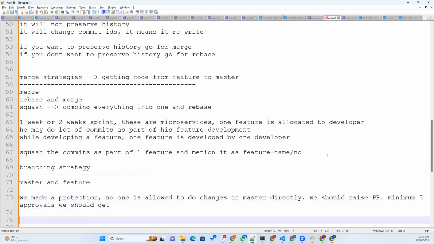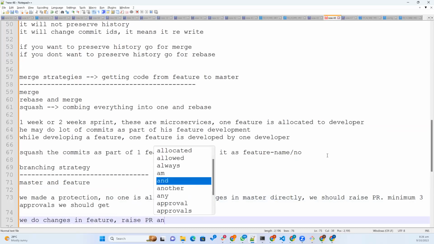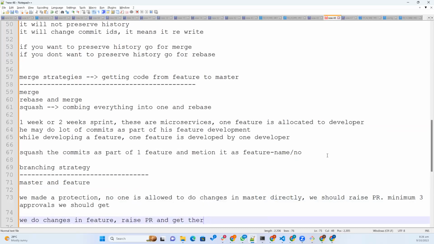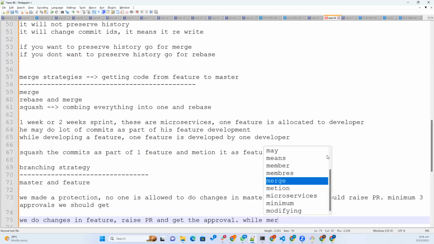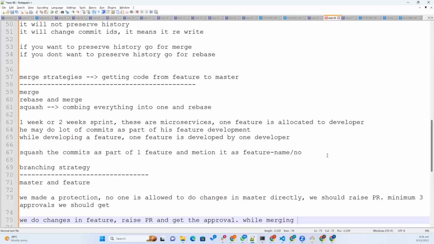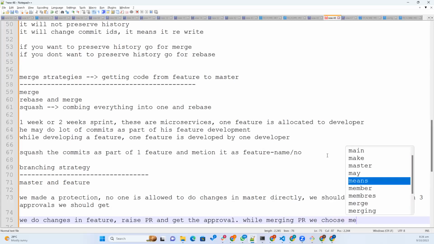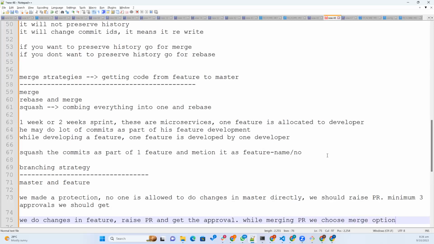So we do changes in feature, raise a PR and get the approval. And while merging the PR, we choose the merge option